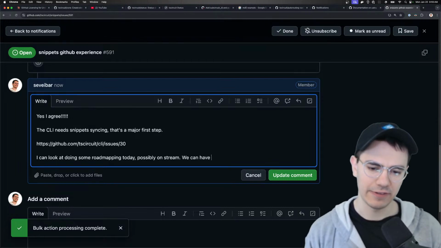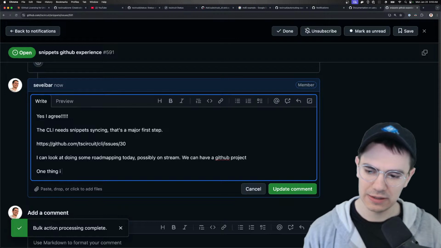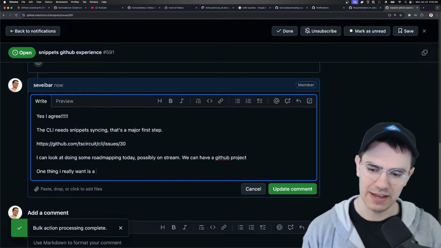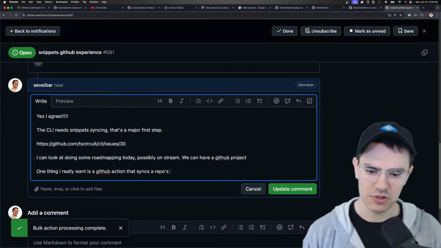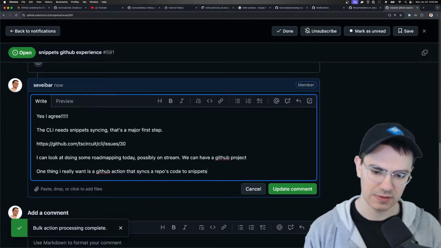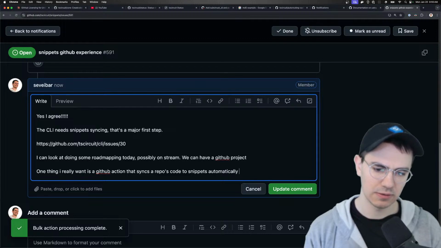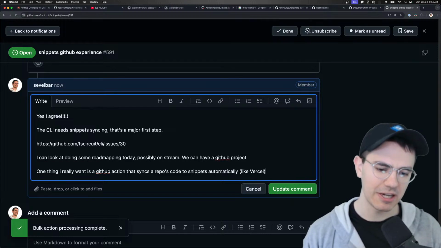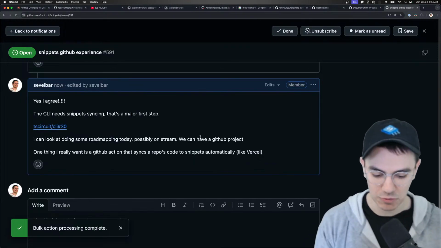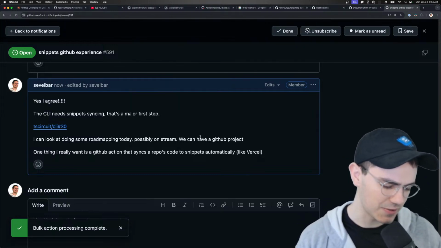We can have a GitHub project. One thing I really want is a GitHub action that syncs a repo's code to snippets automatically, like Vercel. Somebody did a product doc, and I feel really bad. I think it was Rohit, if Rohit's around, but